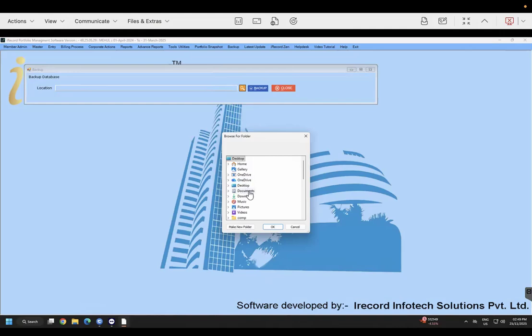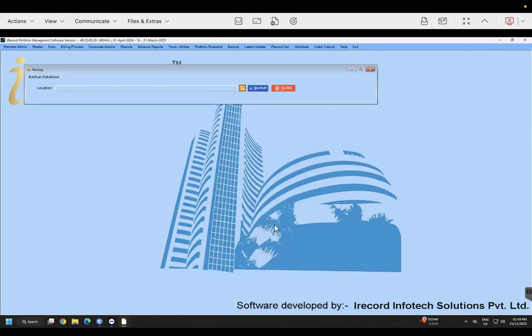So usually either you could take a folder that you have created on the desktop, or you could also go to this PC, your local folder, and here we have iRecord, where you can take a backup or create a separate backup folder for your own safety. So once you select the path where you want to take a backup, simply you can click on the backup button and your backup is running in the background. And once it is done,